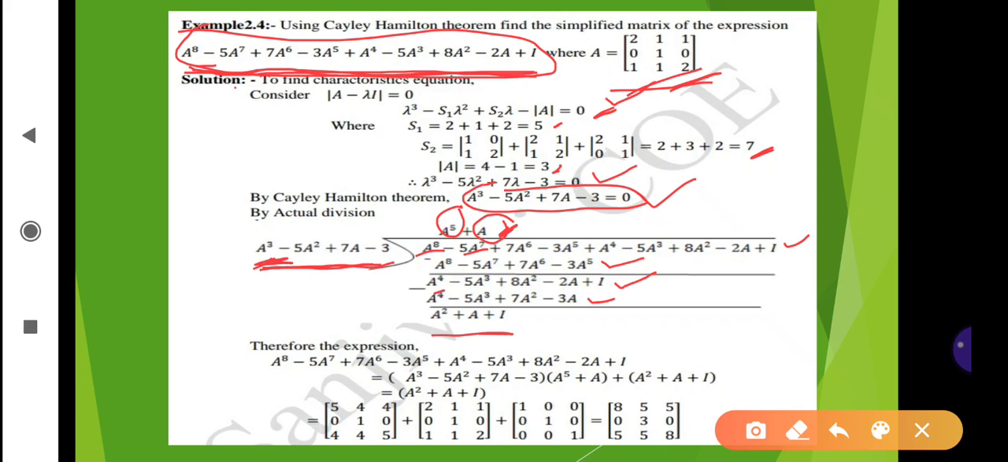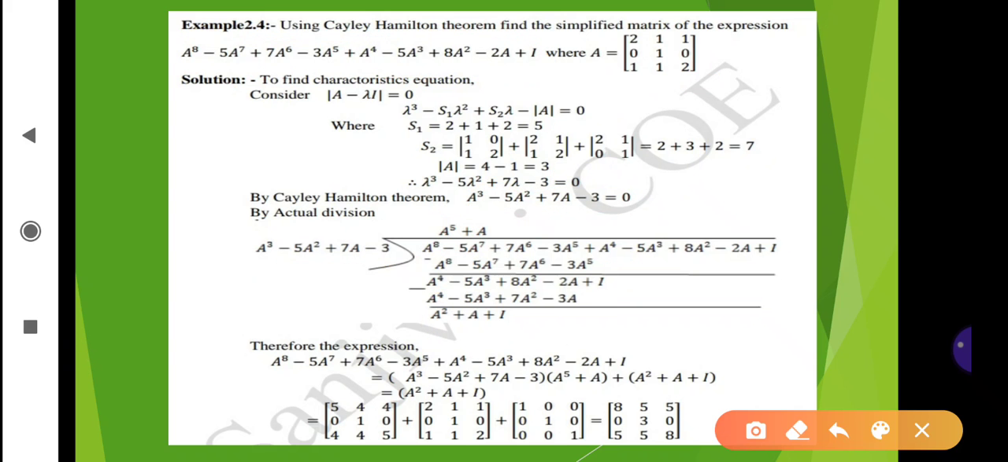Again taking subtraction. So, after taking subtraction, we will get the remainder as A square plus A plus I. Now, we are unable to divide further; this is the final remainder, we cannot simplify it more. So, we will get the simplified expression of degree 2: A square plus A plus I. Now, whatever actual division we made here, we can write this in the simplified form as the expression A raised to 8 minus 5A raised to 7 plus 7A raised to 6 minus 3A raised to 5 plus A raised to 4 minus 5A cube plus 8A square minus 2A plus I is equals to,